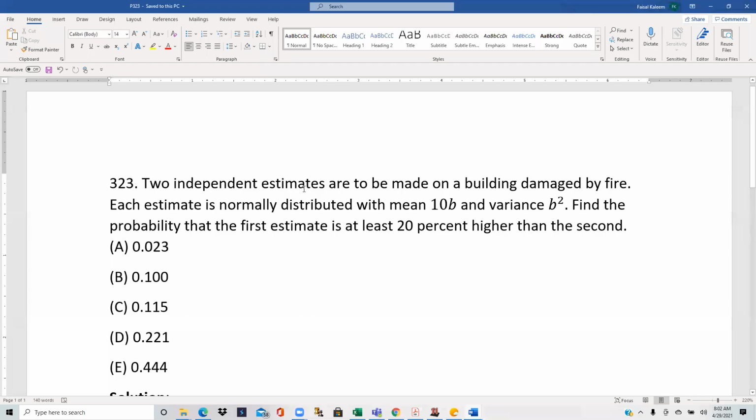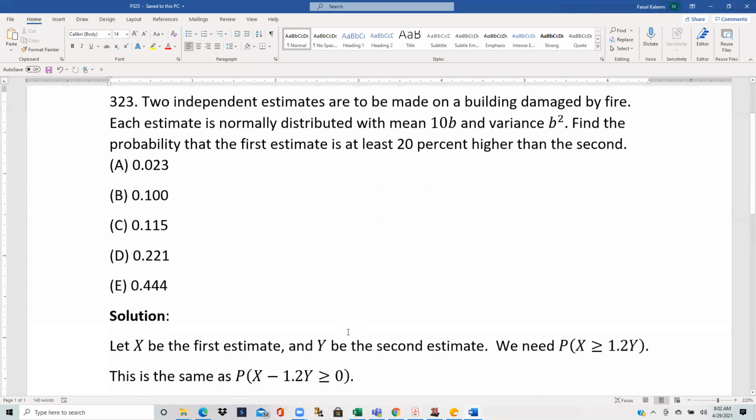Two independent estimates are to be made on a building damaged by fire. Each estimate is normal with mean 10b and variance b squared. Find the probability that the first estimate is at least 20% higher than the second estimate. So let X be the first estimate and Y be the second estimate, and we have to find the probability